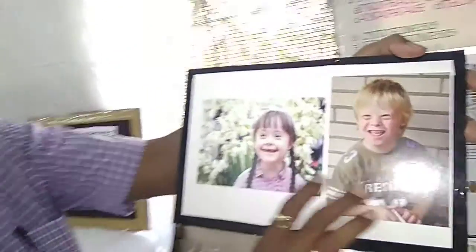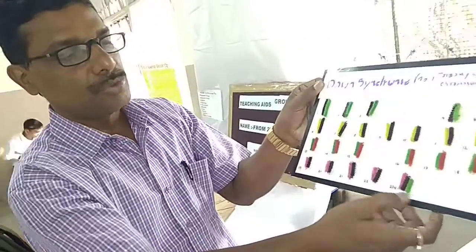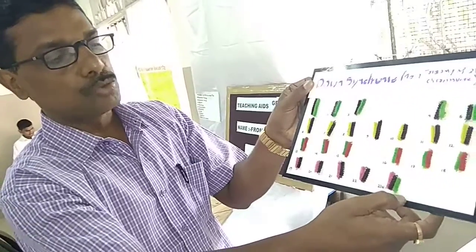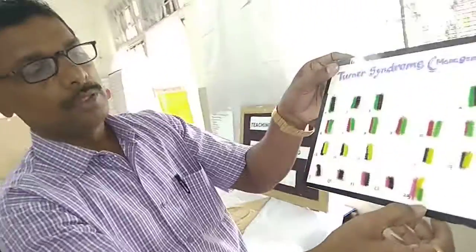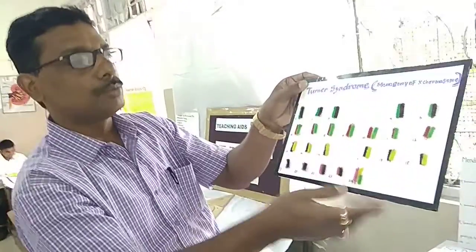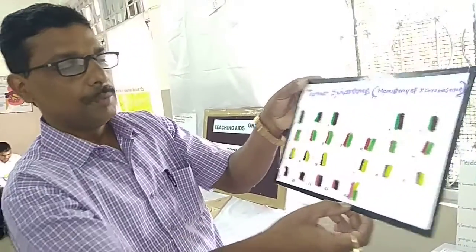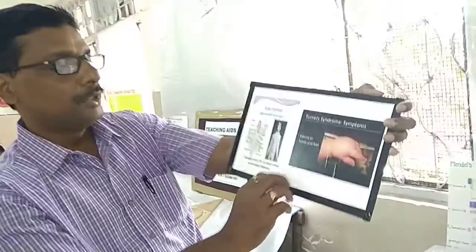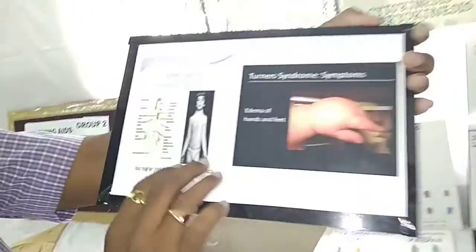This picture is showing the genetic disorder called Down syndrome. With Down syndrome, the 23 chromosome pair comes with one more chromosome. Another thing is the same situation on the 23rd pair: if one of the chromosomes comes with a shorter size, then it is going to be Turner syndrome. What is going to happen in Turner syndrome? If a person is suffering from Turner syndrome, you can see these types of genetic disorders can occur.